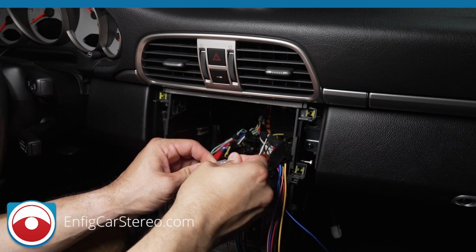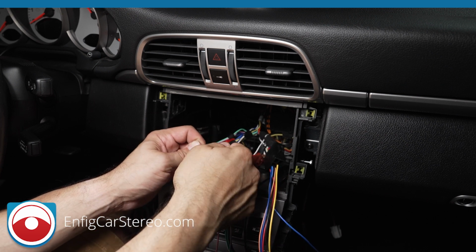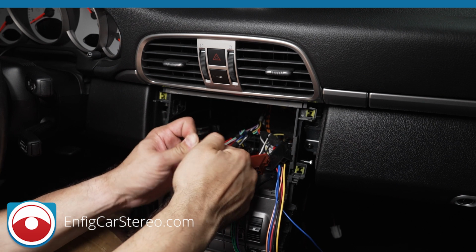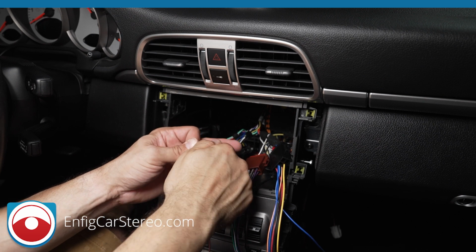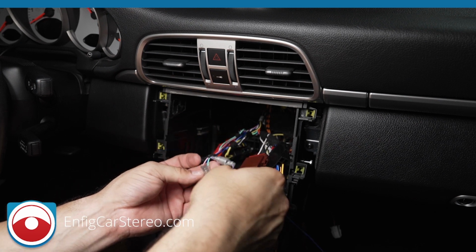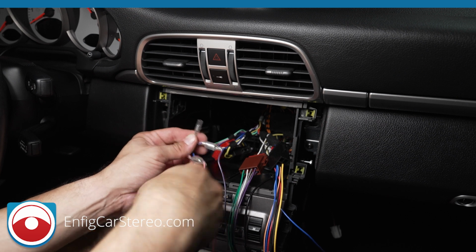Once a month I get a call: everything's working fine, but as soon as I move the car, the radio mutes. I can't figure it out. And then I look up the plug and play, and they have a mute wire, and there were two wires left over, so they connected them together. That's a no-no. All right, and the parking brake, like I said,